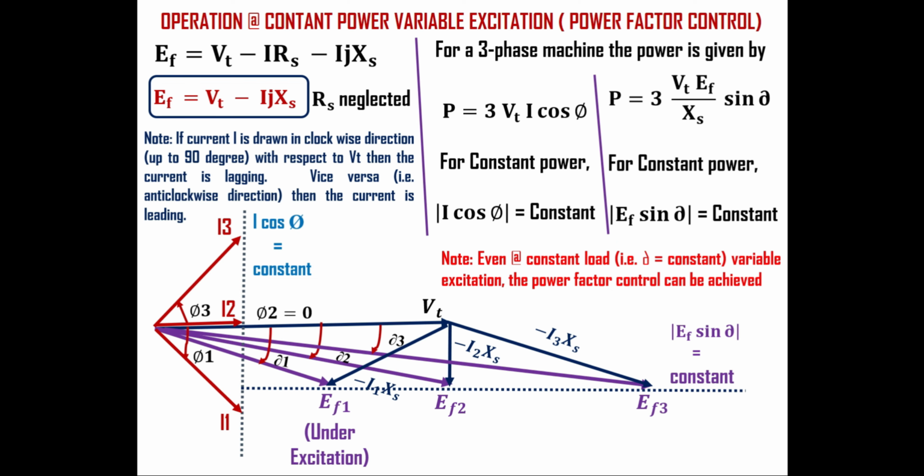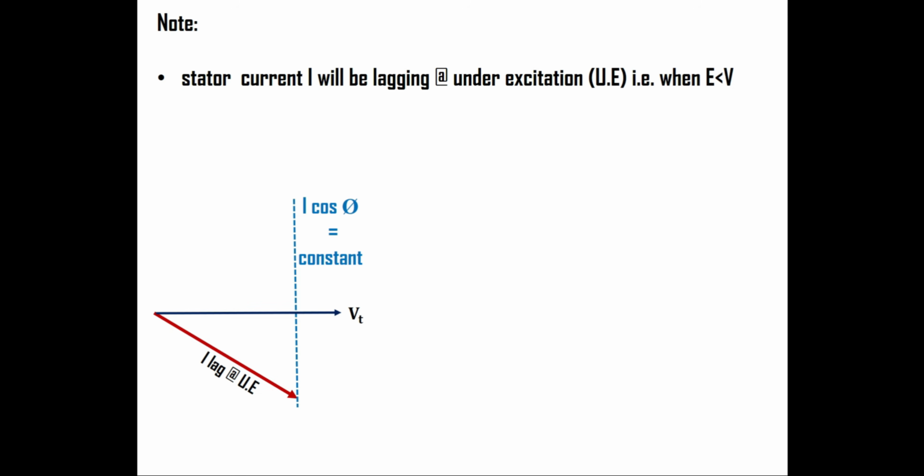So if EF is less than Vt, then it's called under excitation, where power factor will be lagging. If EF is approximately equal to Vt or slightly greater than Vt, then it's called critical excitation, where power factor will be unity. And if EF is greater than Vt, then it's called over excitation, where power factor will be leading. If we draw the stator current alone, then it will be lagging with respect to Vt at under excitation,